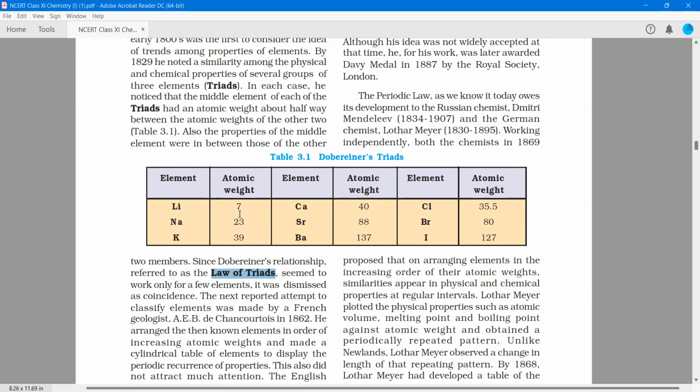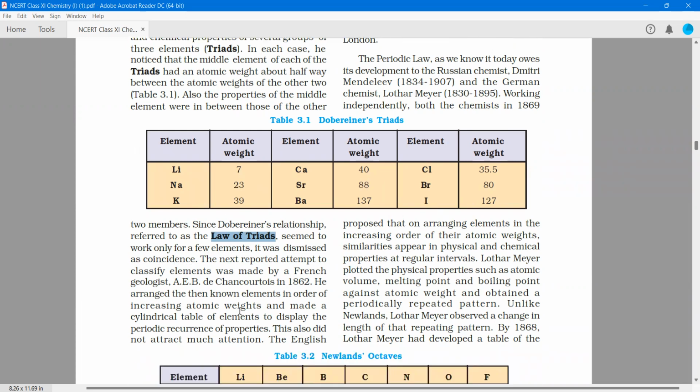तो उसको बोला गया कि क्योंकि सिर्फ और सिर्फ यहाँ पर 9 एलिमेंट्स के लिए ट्रायड का काम किया, मतलब कि 3 ट्रायड्स बना लिए उसने, तो बोला गया कि ये सिर्फ कुछ एलिमेंट्स के लिए ही वैलिड है और ये कोइंसिडेंस है, सो इसको डिसमिस कर दिया गया। तो ये पहला हो गया।